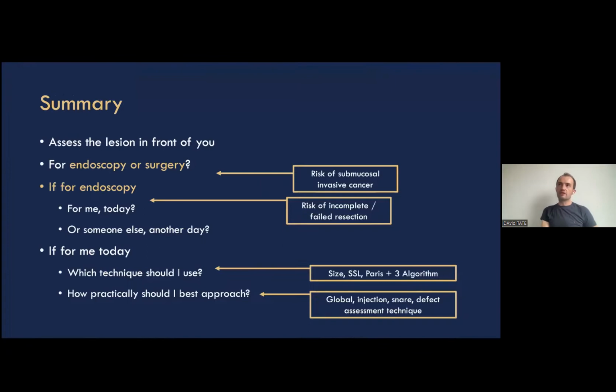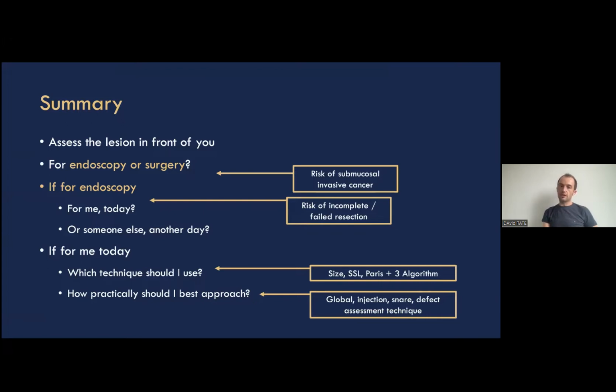So I just want to summarize the presentation. Hopefully we've done about 15-20 minutes of presentation, and we are going to take you through the following things. Really importantly today, we are not focusing on decision-making about hot and cold, en bloc or piecemeal, snare types, diathermy use, and technique, and I hope that you will invite us back to talk to you about those. But today, what we want to reinforce is looking at the lesion in front of you: is it for endoscopy or surgery? And that is really the risk of submucosal invasive cancer. It's also the difference between piecemeal and en bloc. That's really only based upon submucosal invasive cancer. And we're going to talk to you now through many examples of how to make that decision.